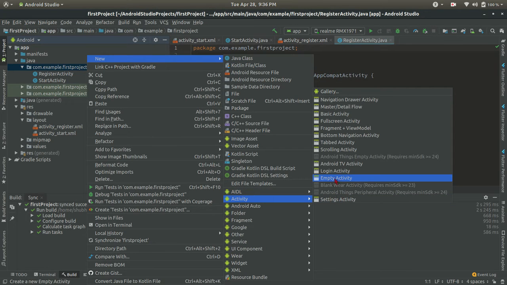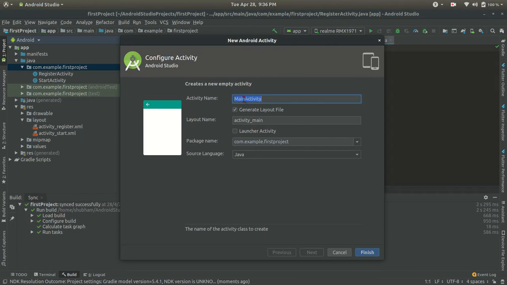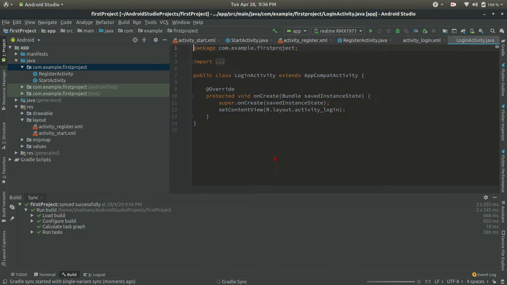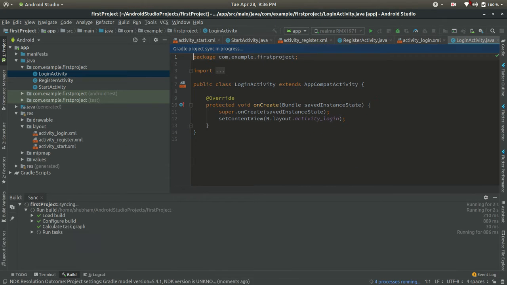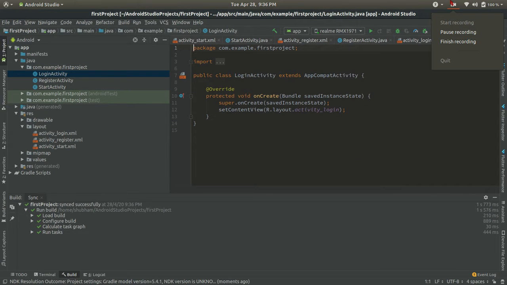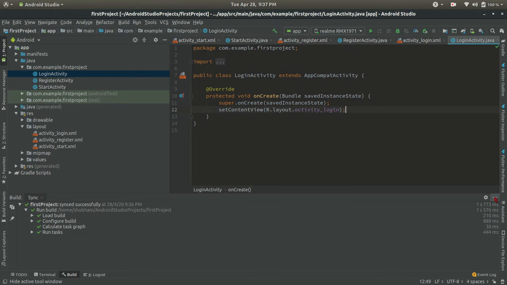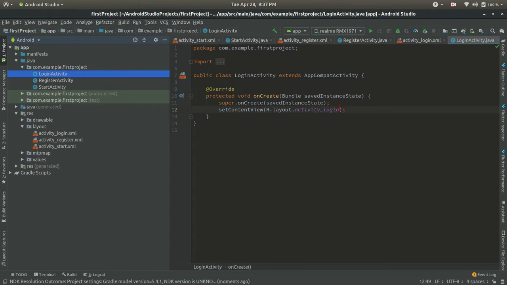So activity, empty activity, then give the name login activity. So now we will start with the start activity.